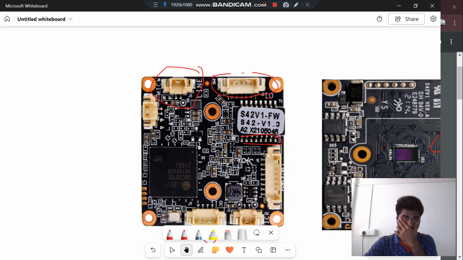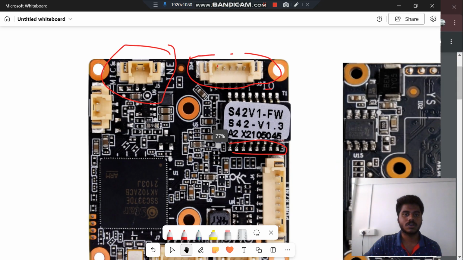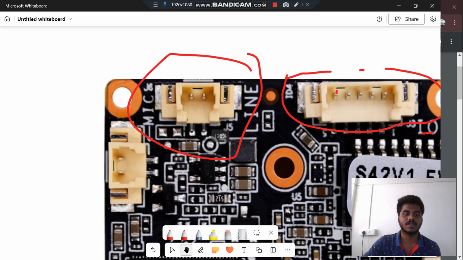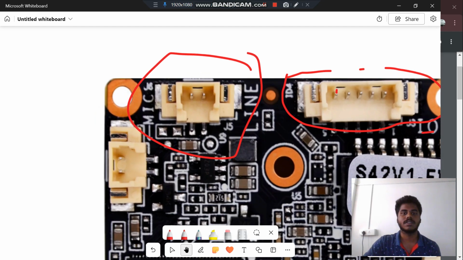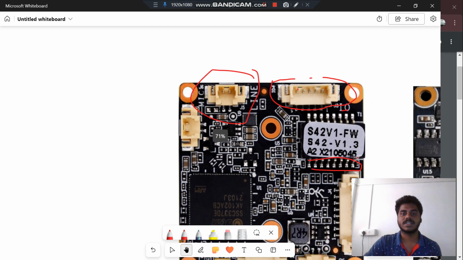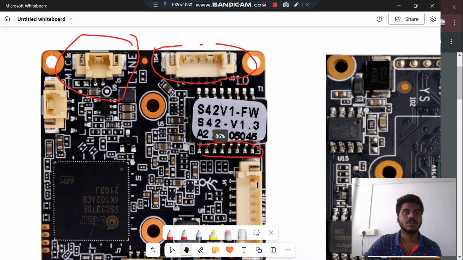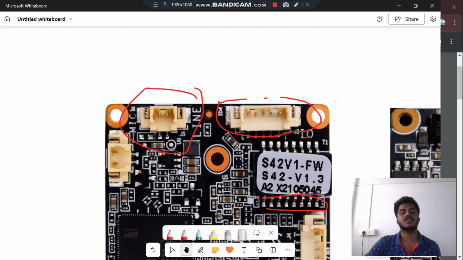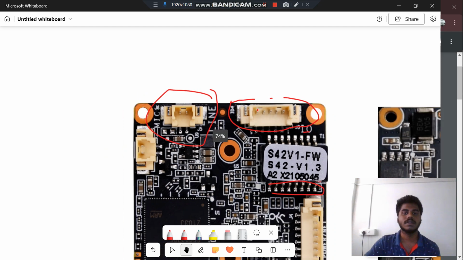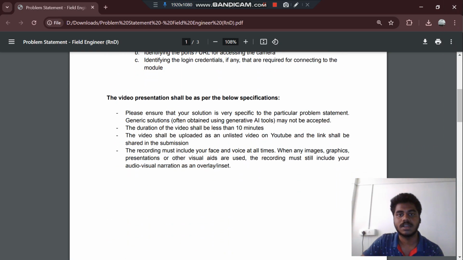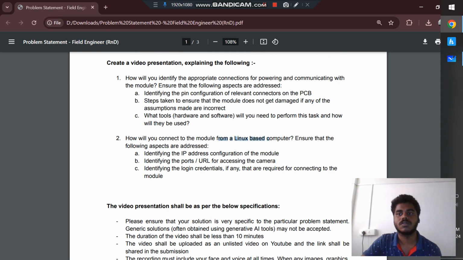So once that is done, almost all the IP cameras, the way they function is they need to be connected to your host computer through this. This is basically to connect our LAN wire, LAN cable or Ethernet port. For the first time setup, every camera has to be connected to a PC which is connected to the internet. So I would take an Ethernet cable and connect it to the home network or to the PC, and then because I was told here to use Linux in specific, which I am familiar with,